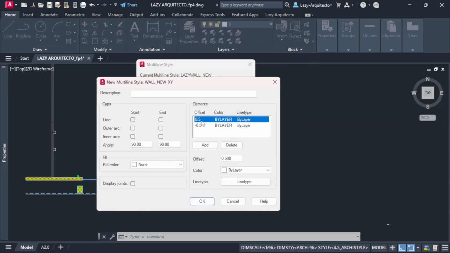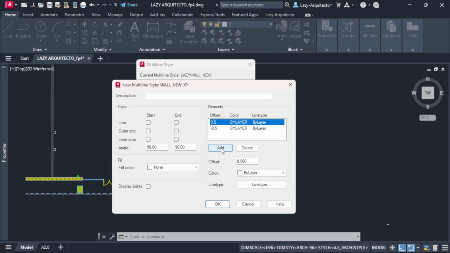AutoCAD gave us 0.5, the top one, and the bottom one minus 0.5. That will give me 1 inch here in AutoCAD imperial units in the US. I'm gonna add one more of these elements, so add 0.3. Then I'm gonna add one more that needs to be a minus 0.3. It's important also to check the start and end so that when you draw your multi-line walls, they are capped